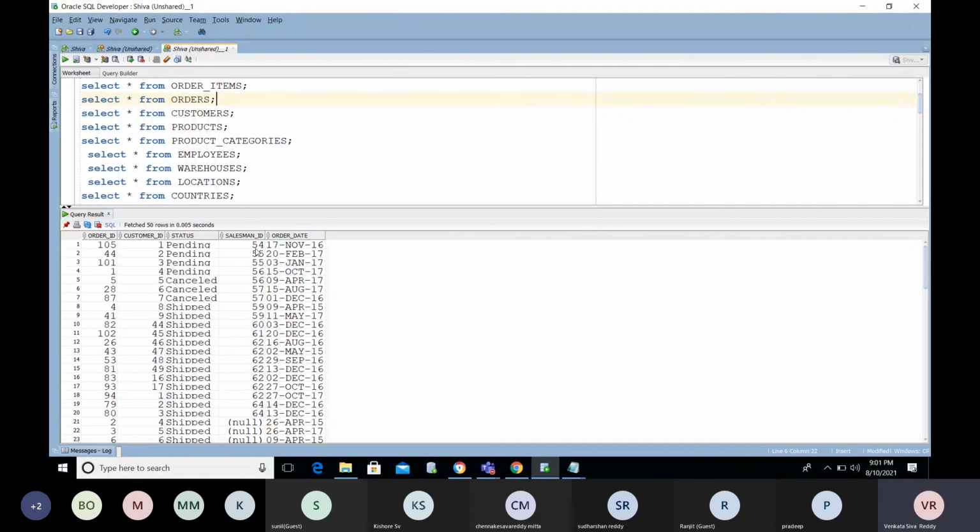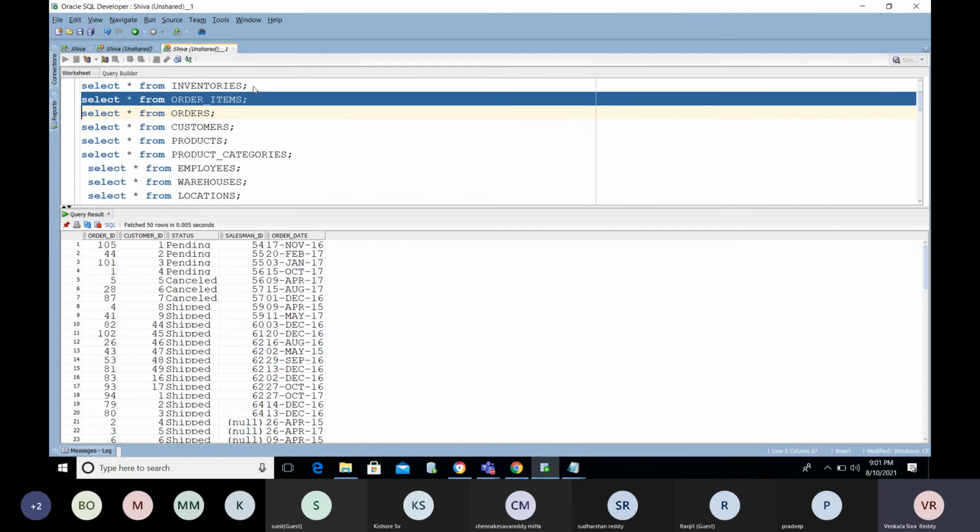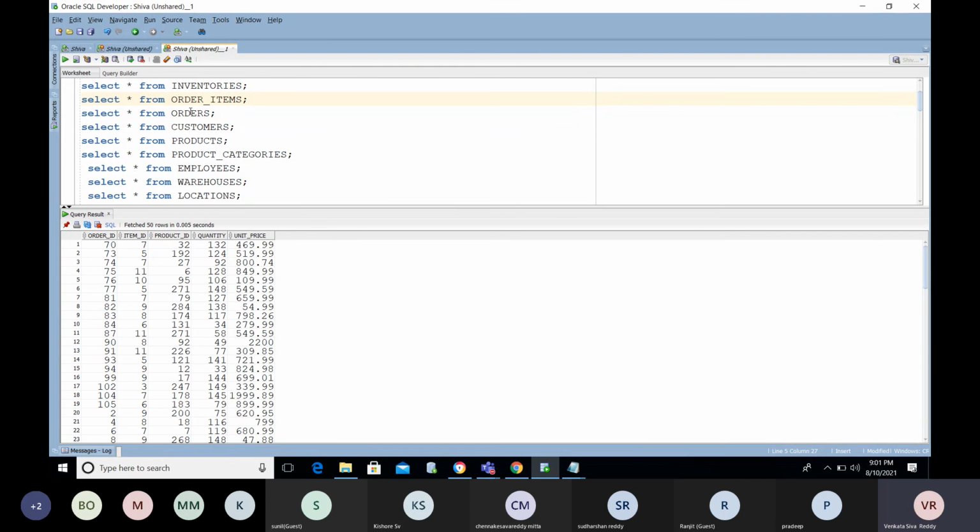So mostly the salesman ID is the link with the employee table. Okay, so orders, order items. For any particular order, if you want to find out what items have been ordered by the particular customer, you will get the details in the order items table.